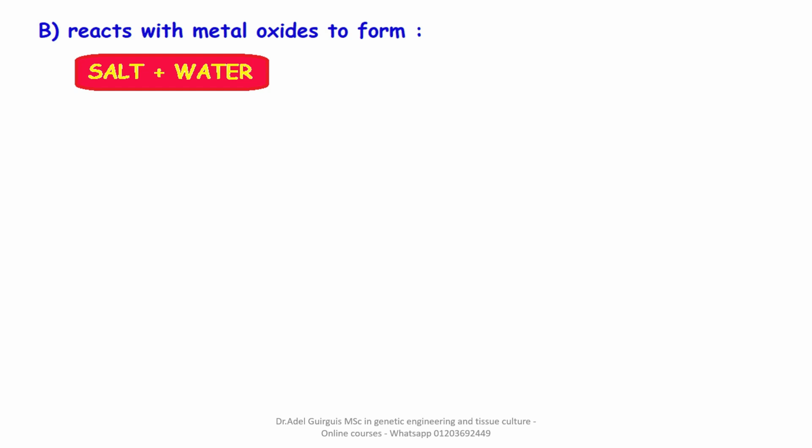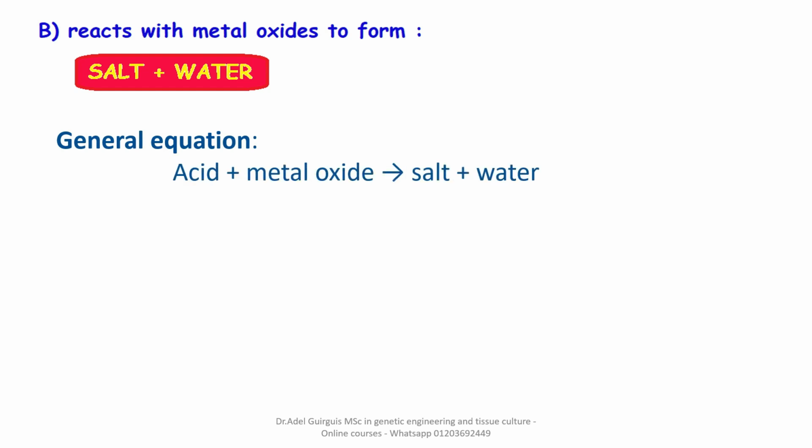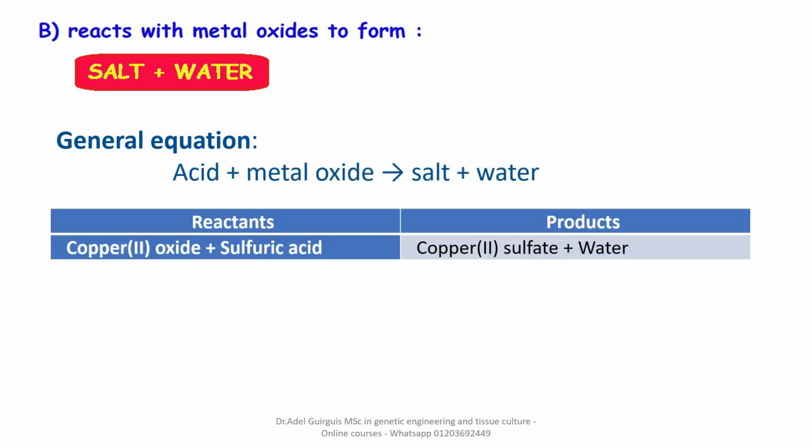Acid reacts with metal oxides to form salt and water instead of gas, because in this reaction the metal oxide contains oxygen. General equation: acid plus metal oxide gives salt plus water. Here, copper 2 oxide, not copper. How can we obtain copper 2 sulfate? As copper doesn't react with acid, we use copper 2 oxide